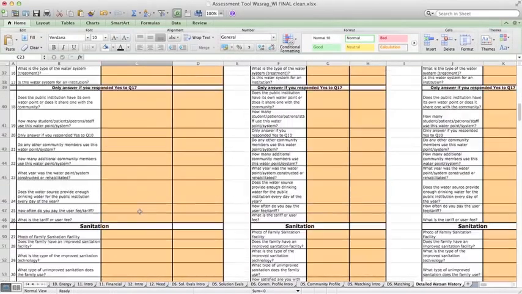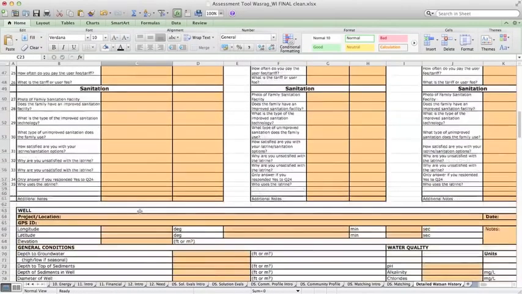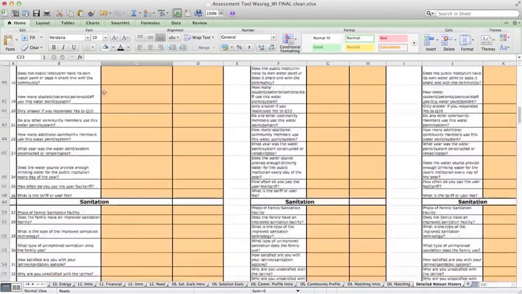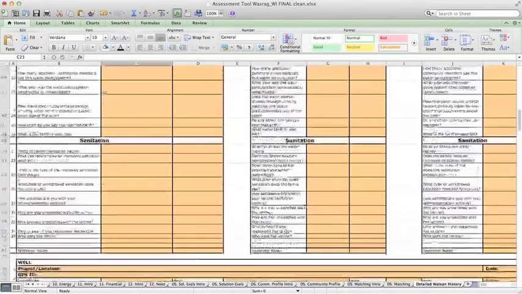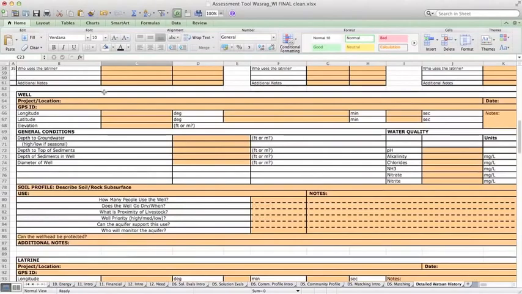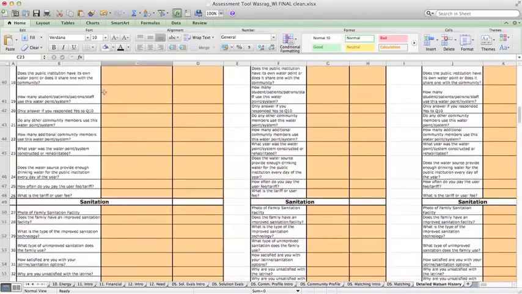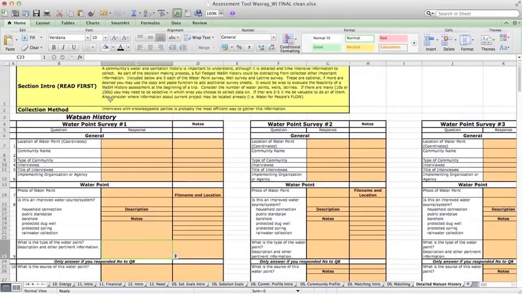And there's sanitation included here, about water in a community. You even have well water and water quality testing. So this is an additional tool to be used at the end. But that is the end of the decision support tool for Wasrag, and we'll pop back to the introduction,